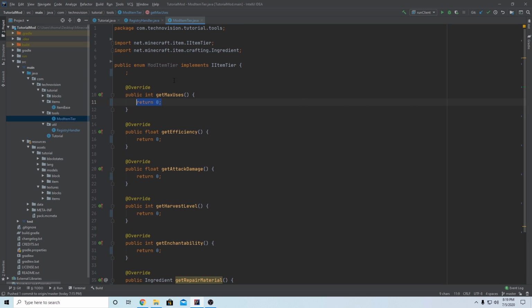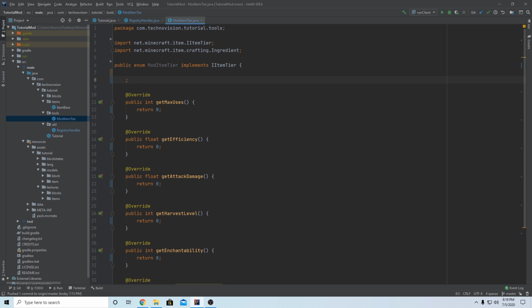So we need to make a couple enums, and you can make multiple over time, but I'm just going to show you how to make one just so you know the process. First thing you want to type up here, right in front of this semicolon, or we can get rid of this for now, just so it's easier to understand. First, you want to type the name of your enum. This material tier that we're going to make is going to be the Ruby tier. It's basically going to include everything that all Ruby tools are going to have. So I'm going to name it Ruby in all capitals,